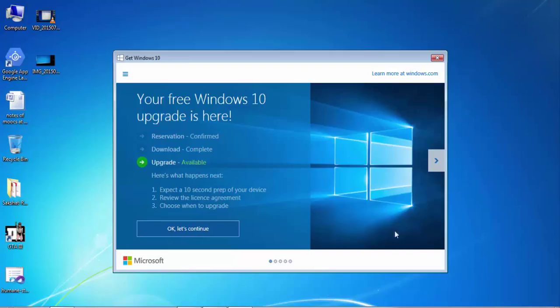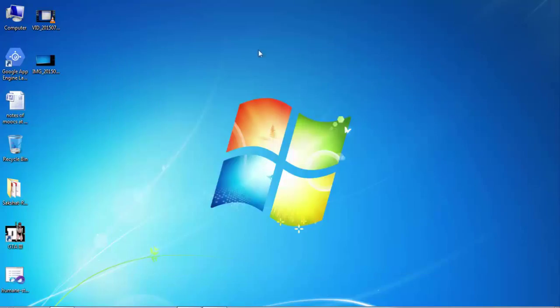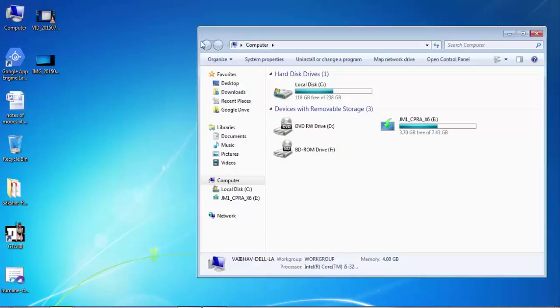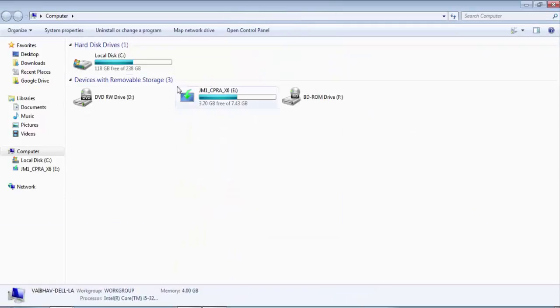consuming. So as you can see, this is the conventional way as Microsoft has recommended so far, to go and just click on OK, let's continue, and it will just upgrade. So I will be showing the way to use a USB pen drive that you can actually use and upgrade. So first click on this and go to the setup where all the Windows files are being downloaded.